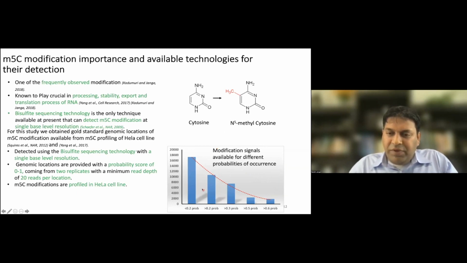And you can see from the histogram to the right, there are a small number of modification sites. There are a large number of modification sites which have a very low probability of modification. By probability of modification, what I mean is if at a particular position there are 2 reads which are modified out of 10 reads that are mapped, that gives you a probability of 0.2. Other groups have been calling it editing levels or modification levels. And you can see from this histogram, there is a small but significant number of sites which have a probability of 0.6 for modification extent. As you will see in the next slide, this probability of modification becomes important for